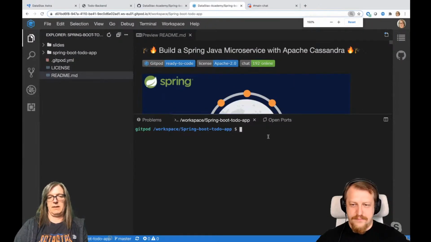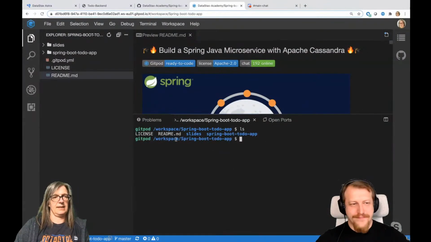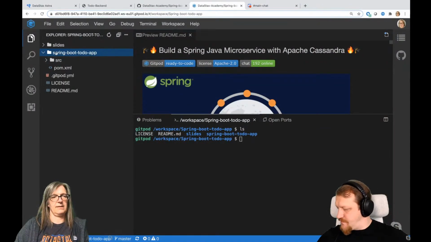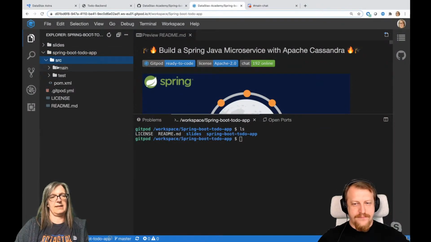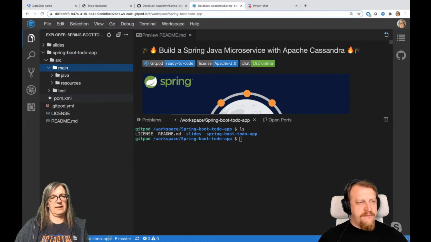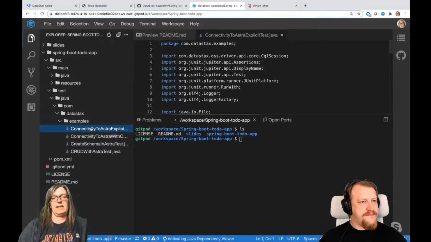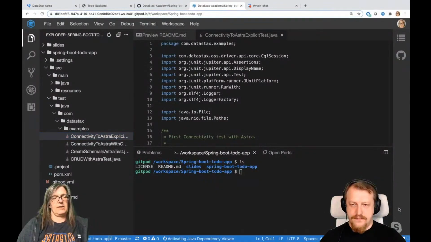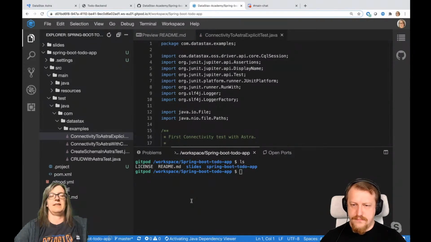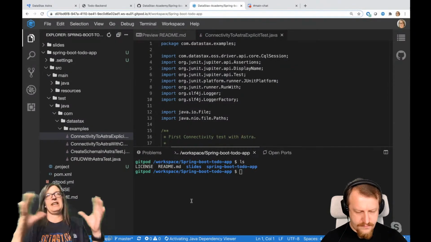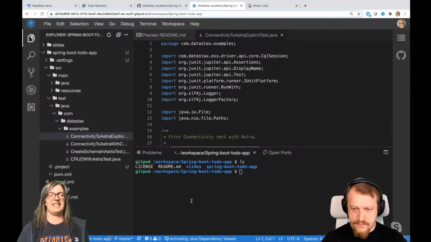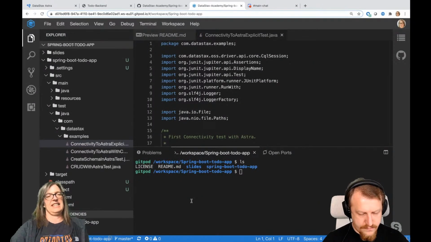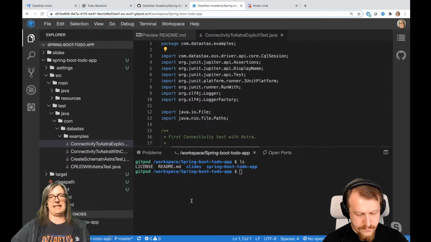So here, this is your terminal. This is your workspace here, and then here we have our main project with our source code, right? Our main and our test. You can go into all these files. For example, this is going to be the first test that we're going to run. You can edit it here, make your changes and run it all, right? So this is the work environment we're going to use today. As you saw, you just do a few clicks and then you have it all at your fingertips, right? You have a working database, and you have a working IDE, and you can make modifications, you can code, and I'll show you in a moment how we connect to the database.